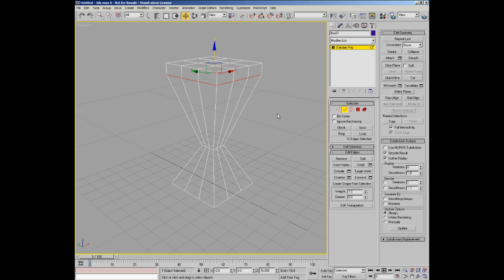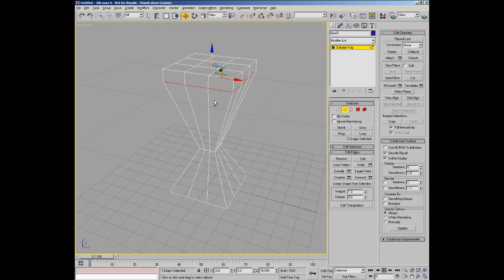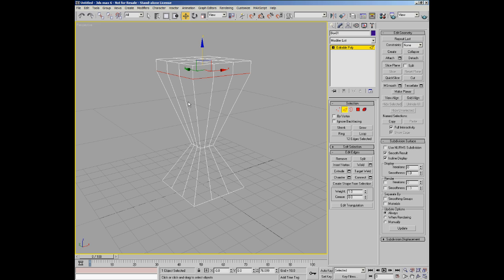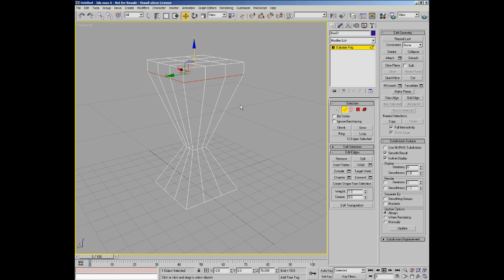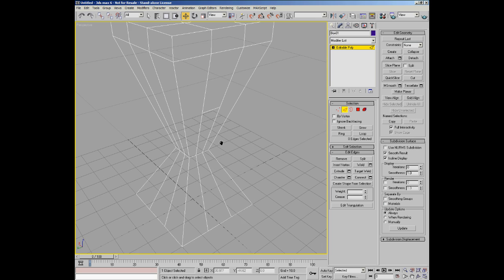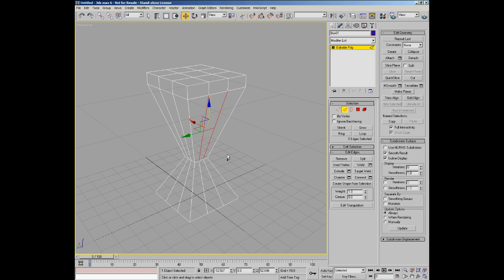So something I'm going to do now is create a new loop that runs all the way around this object. To do that, I'm going to need to connect each one of these edges to the next edge along. Now, connecting edges in Max is very easy. You just select two edges like this, and go down to the connect tool here, and click on that tool, and it connects those two edges together. You can see it's produced a connecting edge there. If I undo that with Control Z,